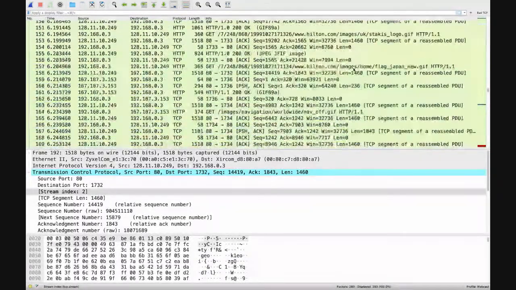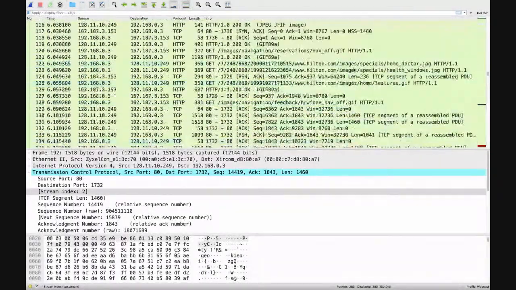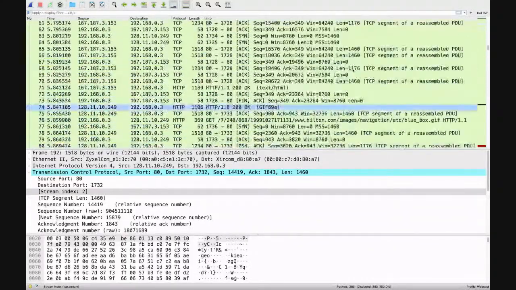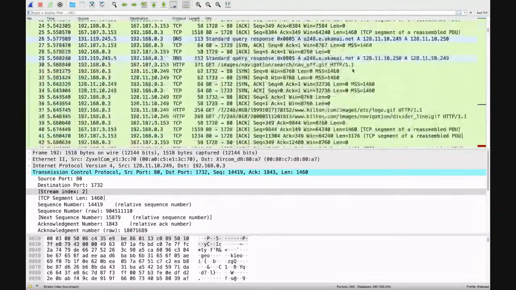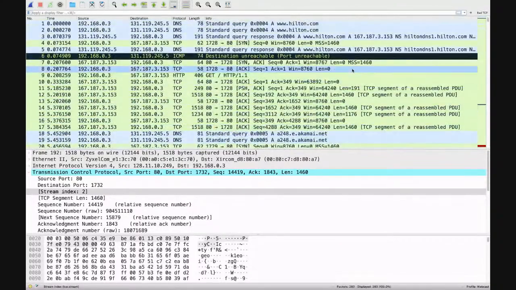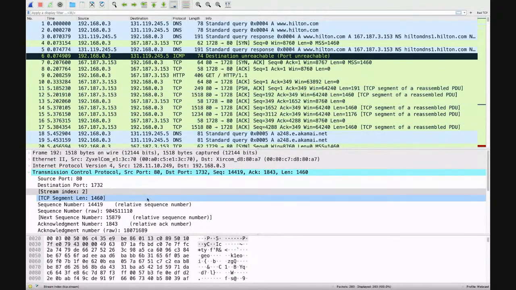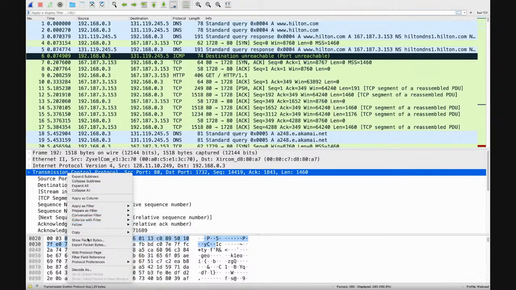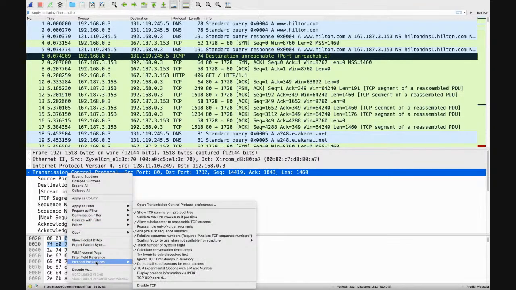So this is another trace captured quite some time ago. I was going out to the Hilton website. So what I'm interested in is, where do I see the server taking a long time to reply? So what I can do is I can come into TCP and right-click, and I can go into Protocol Preferences.